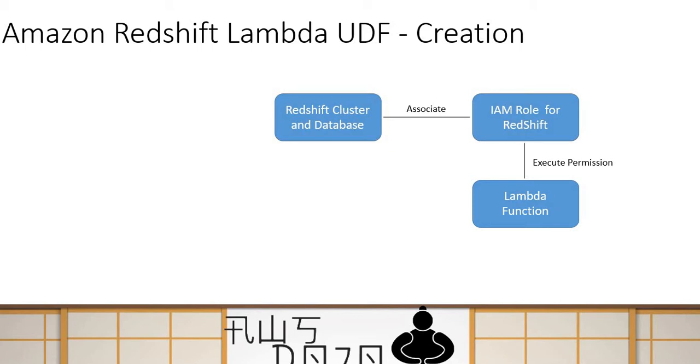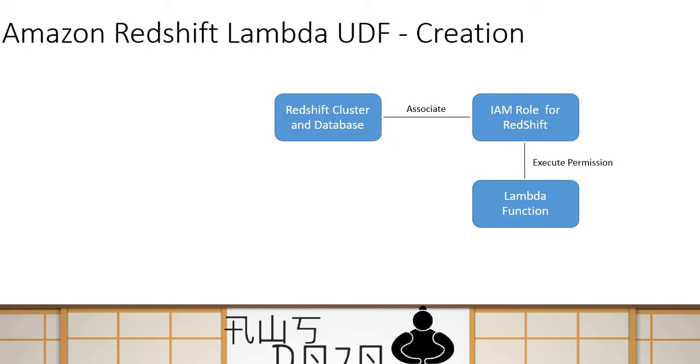So the Lambda function which you want to use to create your user-defined function, this role should have permission to execute it. When you run the query, the Redshift cluster actually invokes the Lambda function for that query. So the Redshift cluster should have permission to invoke the Lambda function, and this role provides